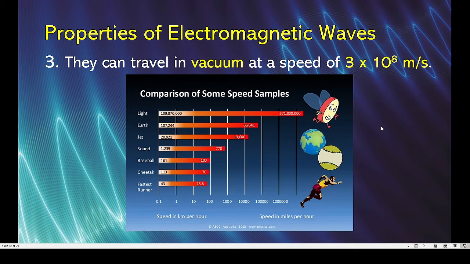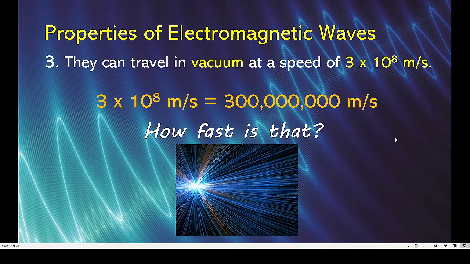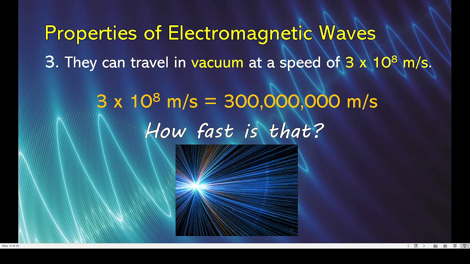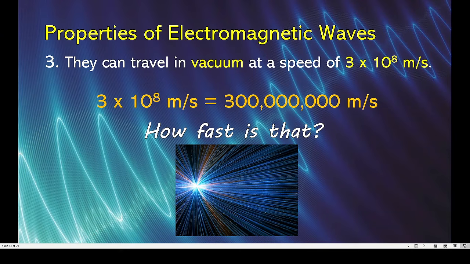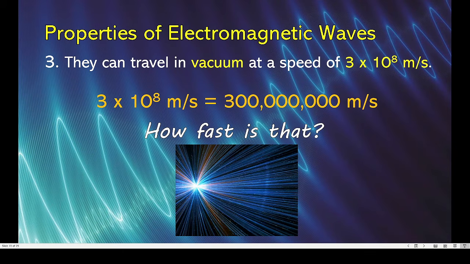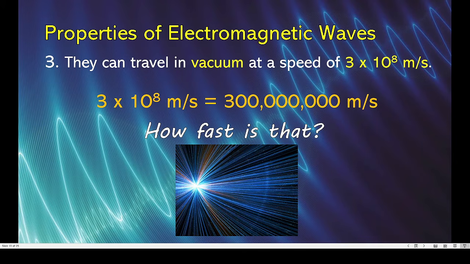Now, how large is 3 times 10 raised to 8 meters per second? 3 times 10 raised to 8 meters per second in standard notation would be 300 million meters per second or 300,000 kilometers per second. Ba? Kapag kayo ay naglalakad, ang isang hakbang ninyo ay hindi naman siguro aabot ng 1 metro. So, ang lakad natin is roughly 0.5, 0.8 meters per second. Normal walking yon. So, how fast would be 300 million meters per second? It would be very